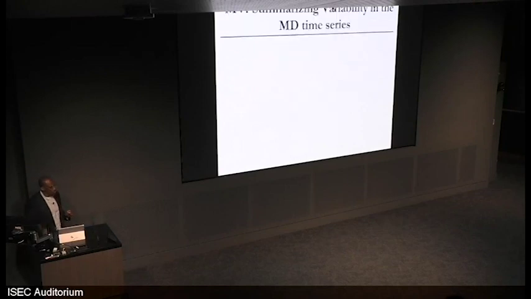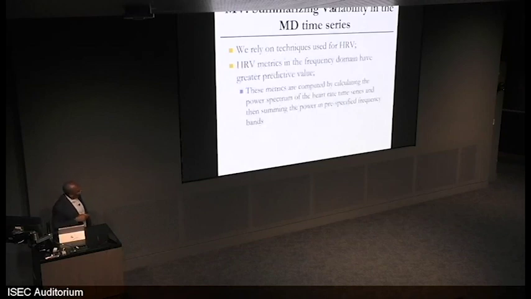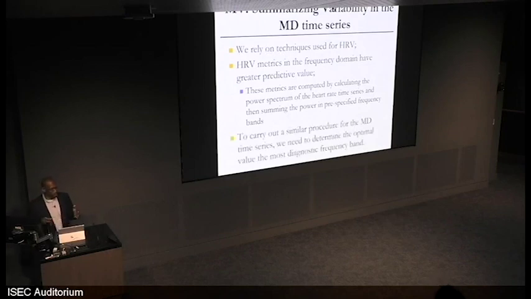in the sense that when you look at the heart rate variability and you take the instantaneous rate time series, most of the successful metrics have been done in the frequency domain. So you have a time series of the instantaneous heart rate, you transform that to the frequency domain, and there's one frequency band that has prognostic value that has been learned with time. So if we're going to follow the same approach, because HRV metrics, at least the ones that have been most successful for the type of patients that we look at, are in the frequency domain and have predictive power, they calculate the power spectrum for a particular frequency band. So to do the same procedure, we have to learn what the frequency band is.